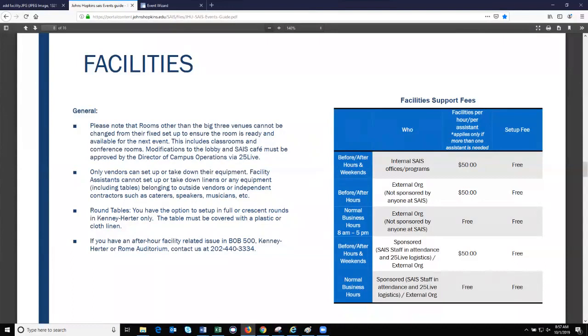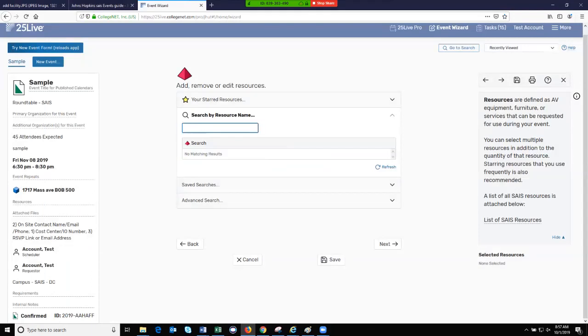Now, this chart you're looking at over here to your right, this is on the events guide, and it just outlines the cost per hour for a facility assistant, depending on whether or not it's before or after hours or on the weekends. Now, what I want to show you now is how to add a facility resource to